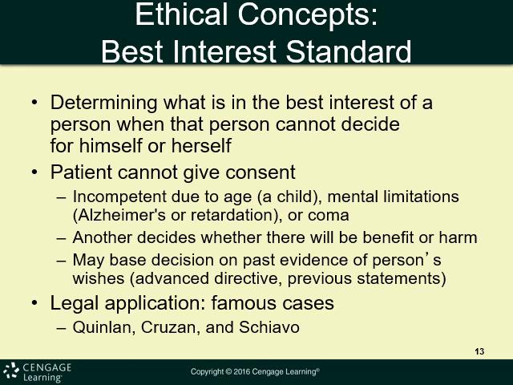Within the healthcare field, the best interest standard is most often seen when a decision must be made about the direction of a patient's healthcare treatment and the patient is unable to provide informed consent. In such instances, healthcare providers look to past evidence of patients' expressed wishes, such as a living will or a power of attorney for healthcare, for guidance. Absent such documents, healthcare providers may look to family members and guardians for guidance. If these steps do not determine the direction of treatment, a healthcare provider may then turn to the judicial system.